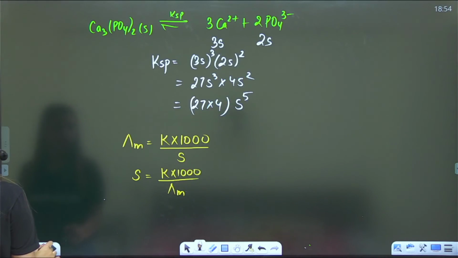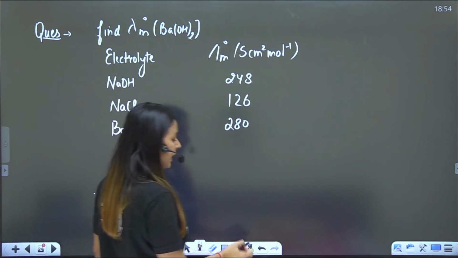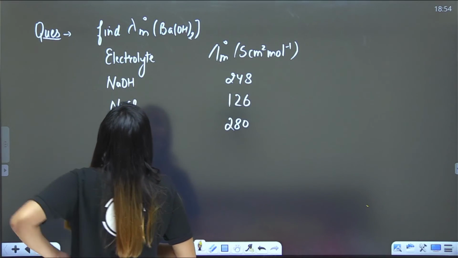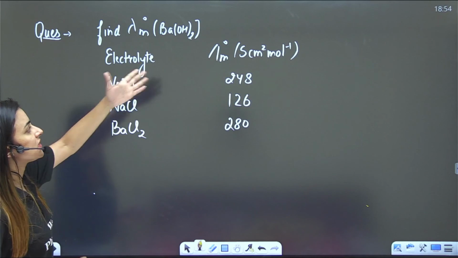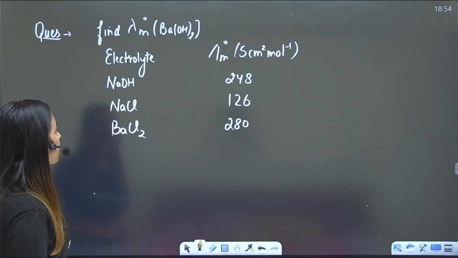Now let's try to solve a question. You have a question. Try the question, my dear students. The question says: find the limiting molar conductivity of Ba(OH)2. You are given electrolytes and you are given their limiting molar conductivities. So I know